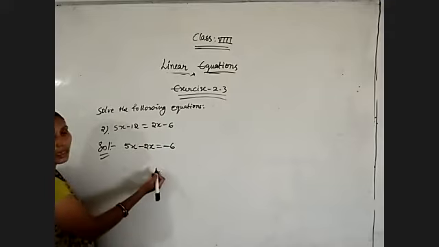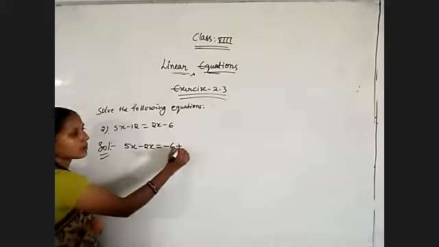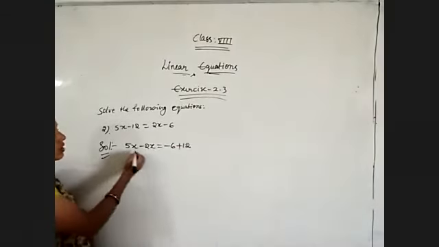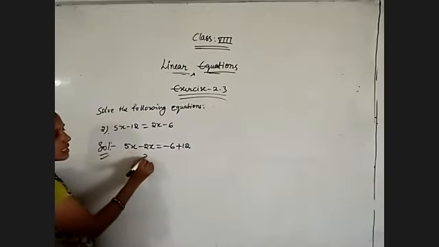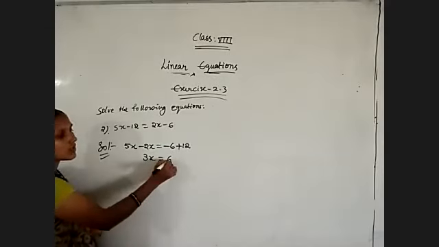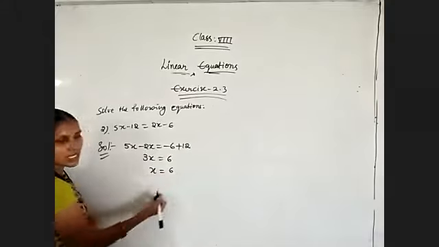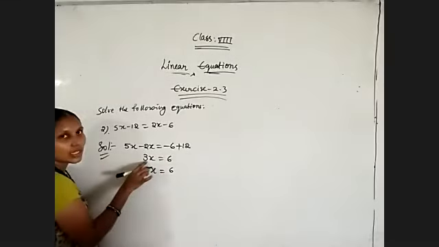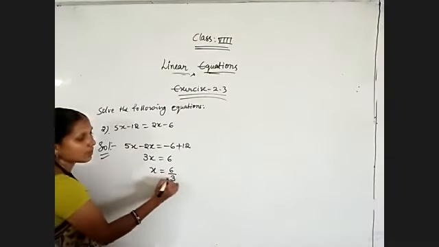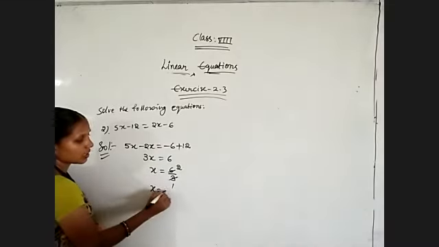is there. Now which number am I bringing? Minus 12, I am bringing to the other side, so it will become plus 12. So 5x minus 2x is equal to 3x, which is equal to 12 minus 6, which is 6. Then x will be equal to, RHS we have 6. So here into 3, by bringing this side, divided by 3. 3 ones are 3, 3 twos are 6. So x is equal to 2.